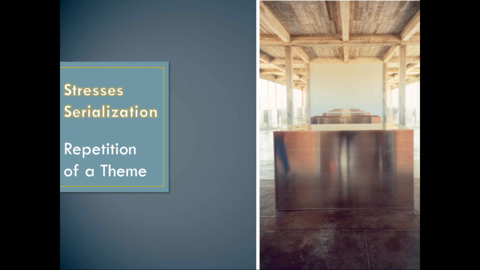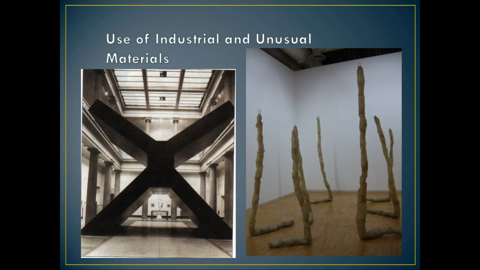When you're looking at the movement, you'll notice it really thinks about shape and form. So it stresses serialization, or repeating a theme. So you see a lot of repeated themes or repeated forms. It's often noted for the use of very strange materials or industrial materials. The piece on the left is made out of iron and steel. So it's materials that typically weren't considered very sculptural, like let's say marble in the previous examples I showed you